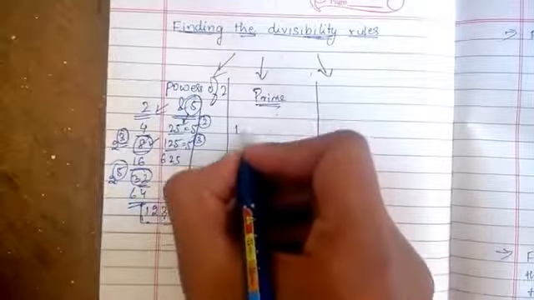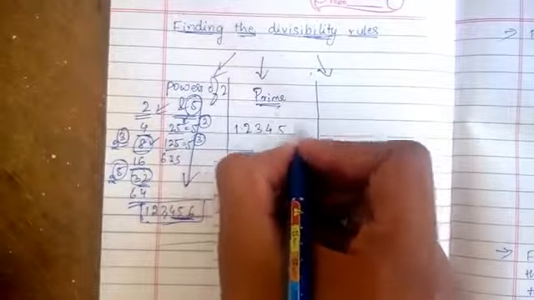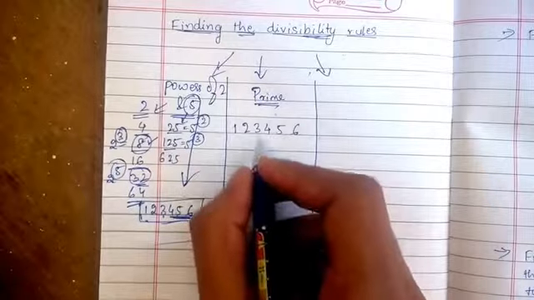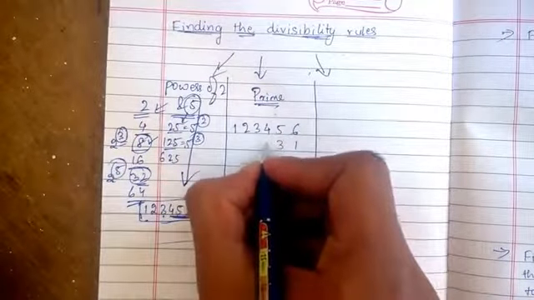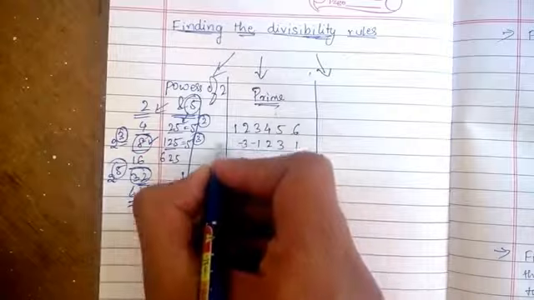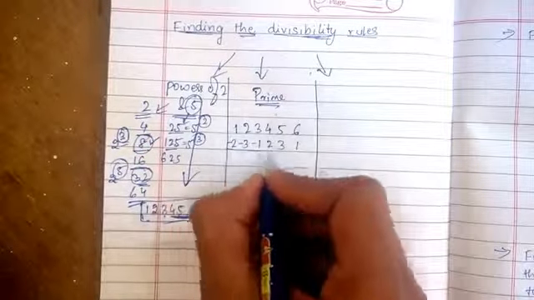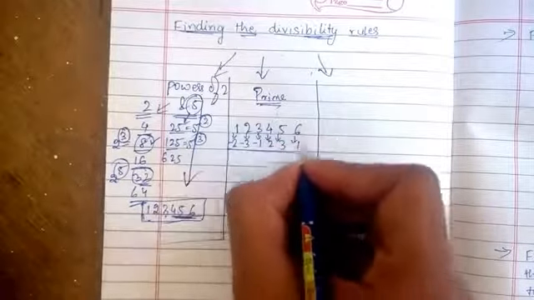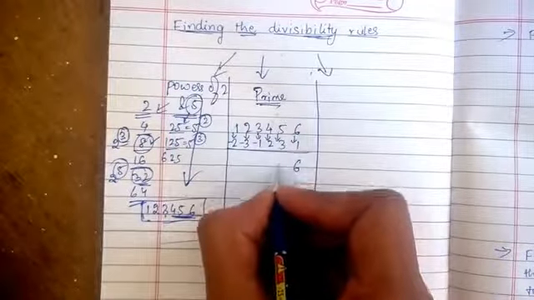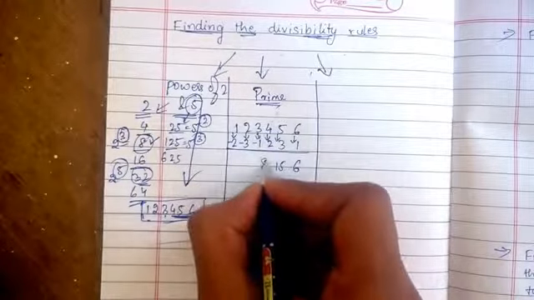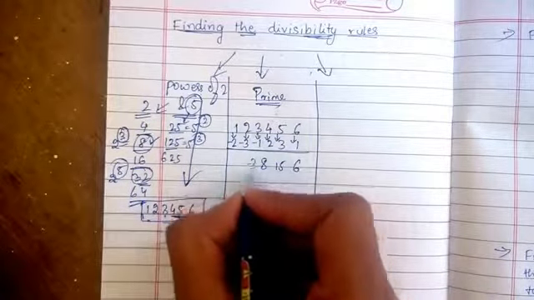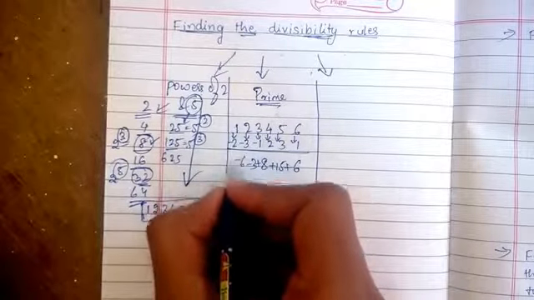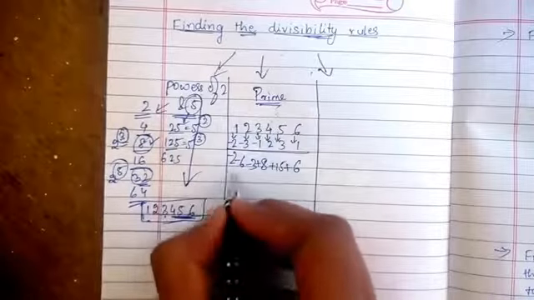So say if the number is 1, 2, 3, 4, 5, 6 and you want to check if this number is divisible by 7, then this particular sequence 1, 3, 2, minus 1, minus 3, minus 2 is written below the number, and you multiply the corresponding places. 6 into 1 is 6, 5 3s are 15, 4 into 2 is 8, 3 into minus 1 is minus 3, these are plus, 2 into minus 3 is minus 6, 1 into minus 2 is minus 2, and this thing